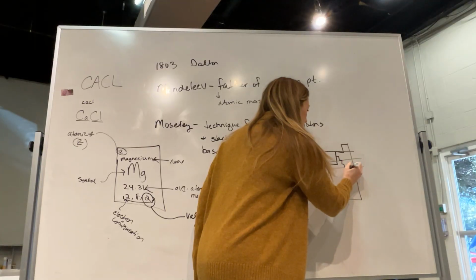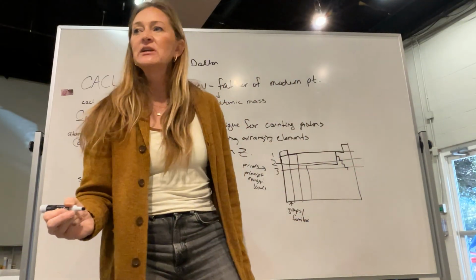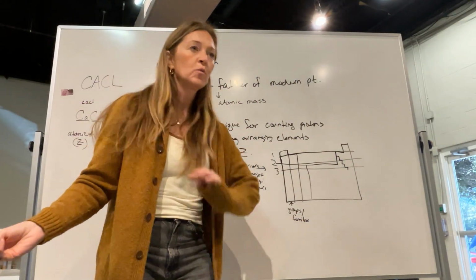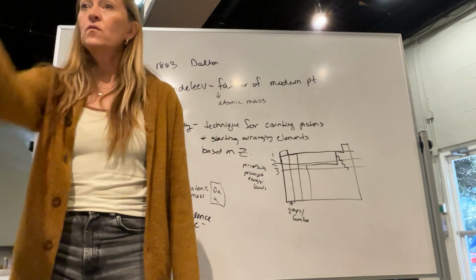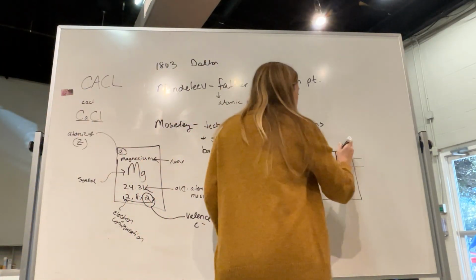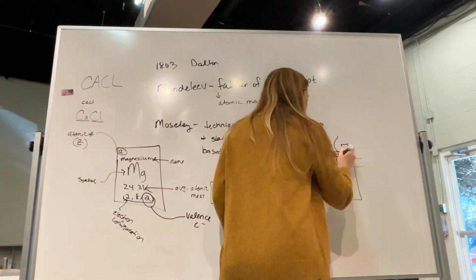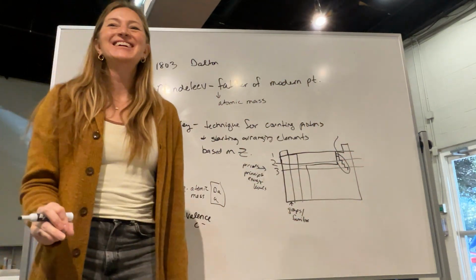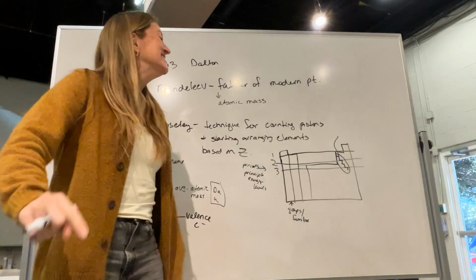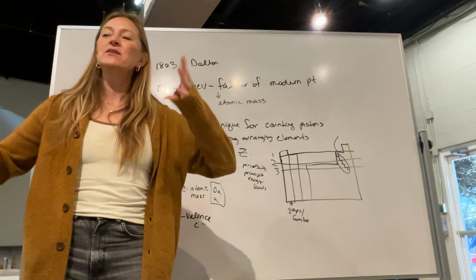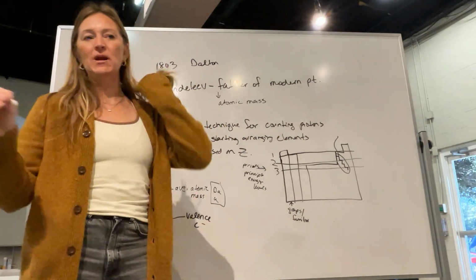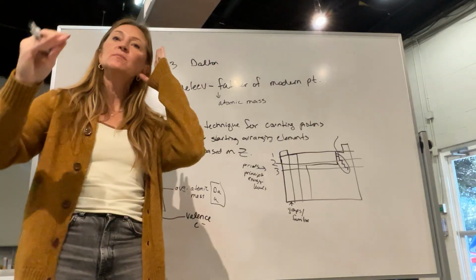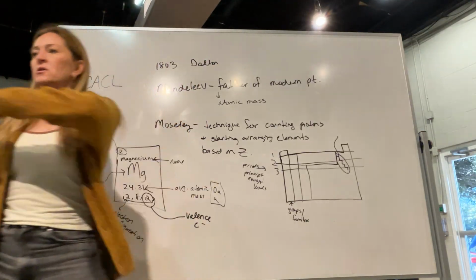What do they call that line? It's on all periodic tables. It's in bold print. Is that the stair thing? Yeah, it's a stair step line. It looks like stairs. So it's this bold line that you'll see on every periodic table, and the elements to the right and to the left along the stair step line. Do you guys remember what those are called?